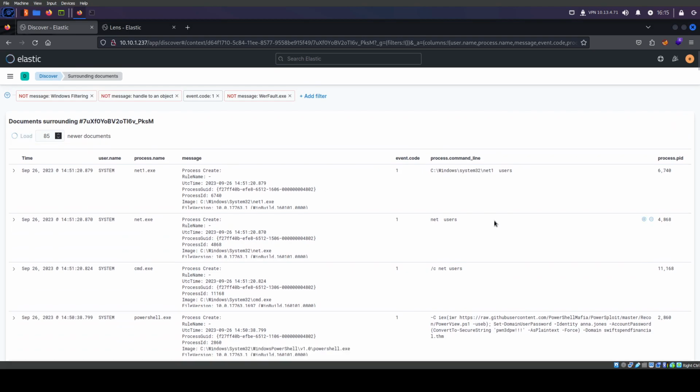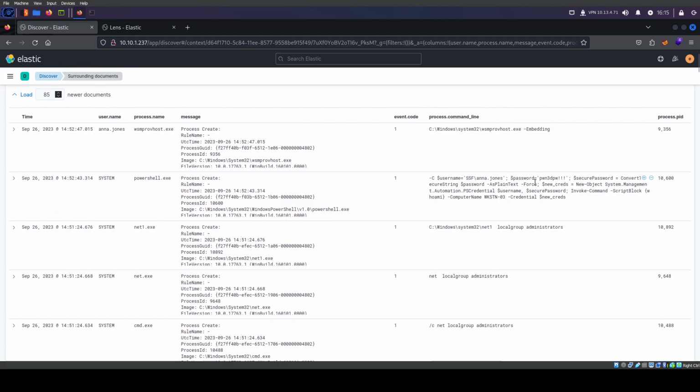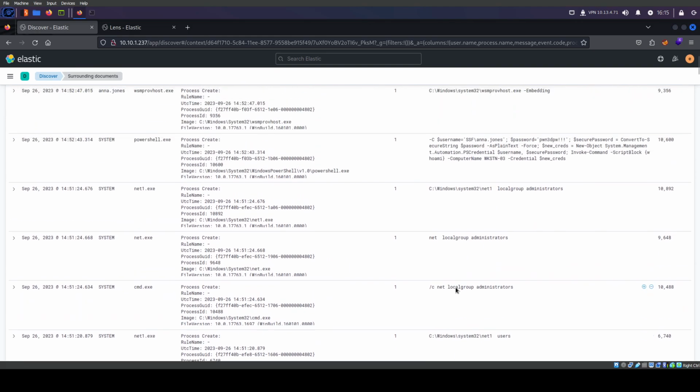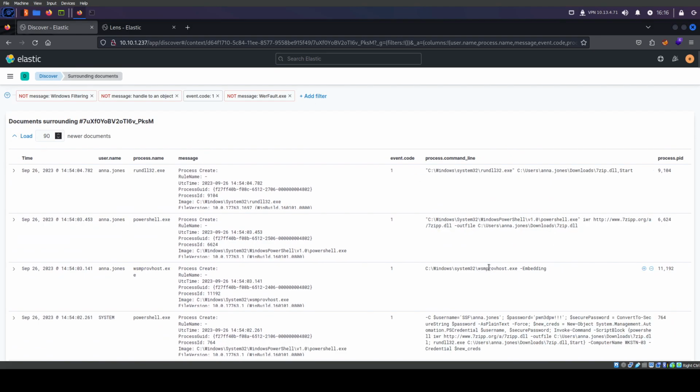At some point, they gotta get it, right? There we go. No, they're still trying to do it right here. So they're still trying to change the password. Are they gonna get somewhere? PowerShell, there we go. This is interesting right here. Looks like I think they did get it. Now they're downloading the file as Anna.